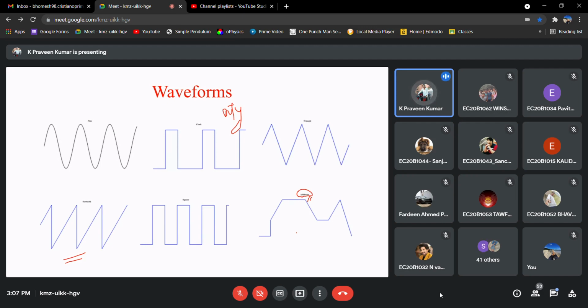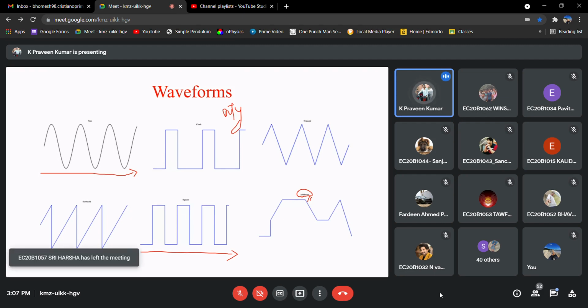If you apply some sinusoidal signal to it, in general, where we are using sinusoidal signals, it is to observe the frequency responses. Or if you want to observe some transient kind of response, then you will be applying something like a square waveform. One more thing I want to say is that it is not only about the waveforms we are generating, but we have to know which waveform needs to be generated to test a particular kind of circuit. That's also very, very important.